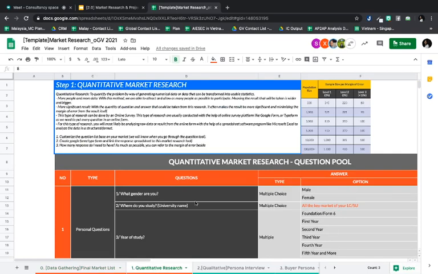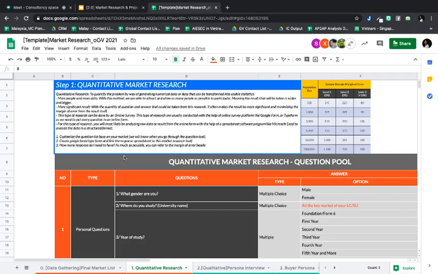Here is the quantitative research. First, regarding how many responses you should collect from quantitative research, please refer back to this model. And then here is the question pool.